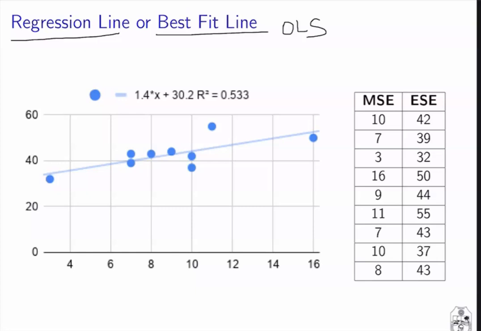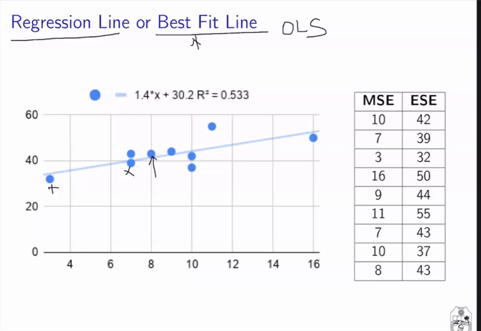The regression line that we have seen is a line which is passing through the points which are nearest to all the data points. These are our data points, and this line is not passing through the data points, but it is passing through those points which are nearest to all the data points. And that's why this line is called the regression line or the best fit line.